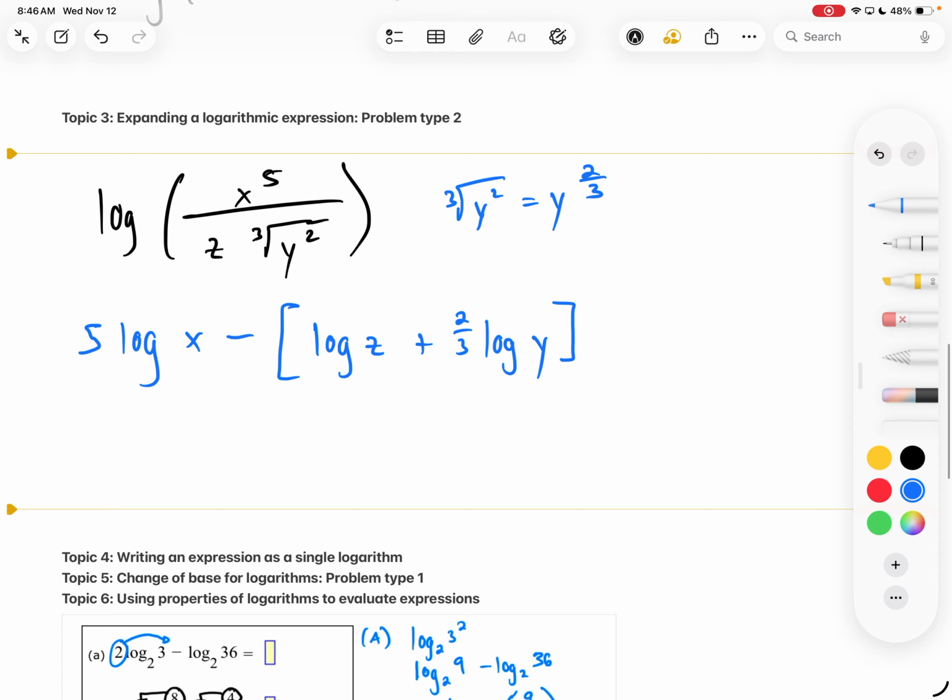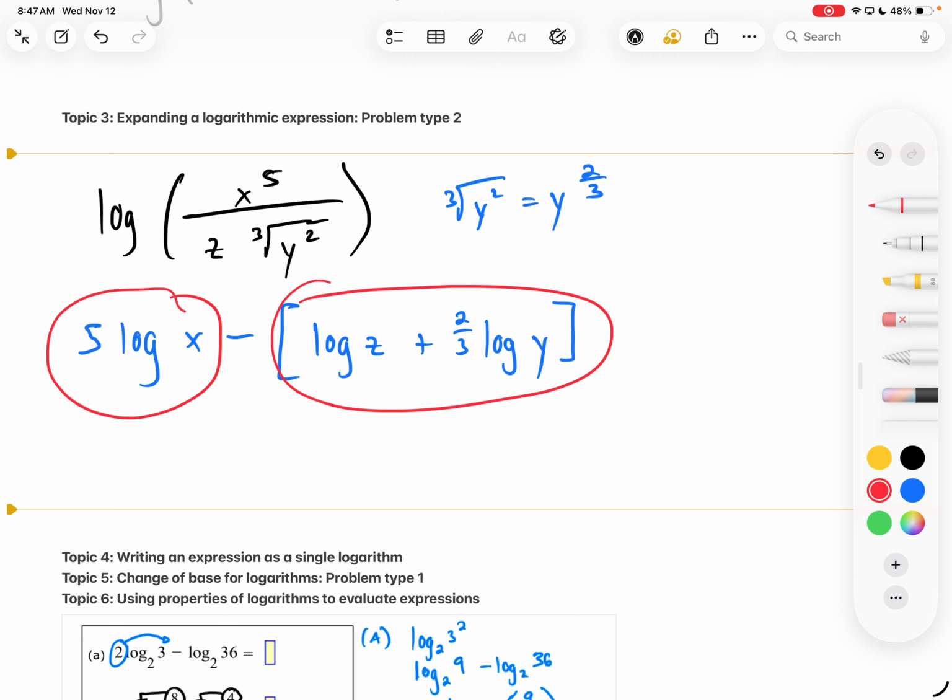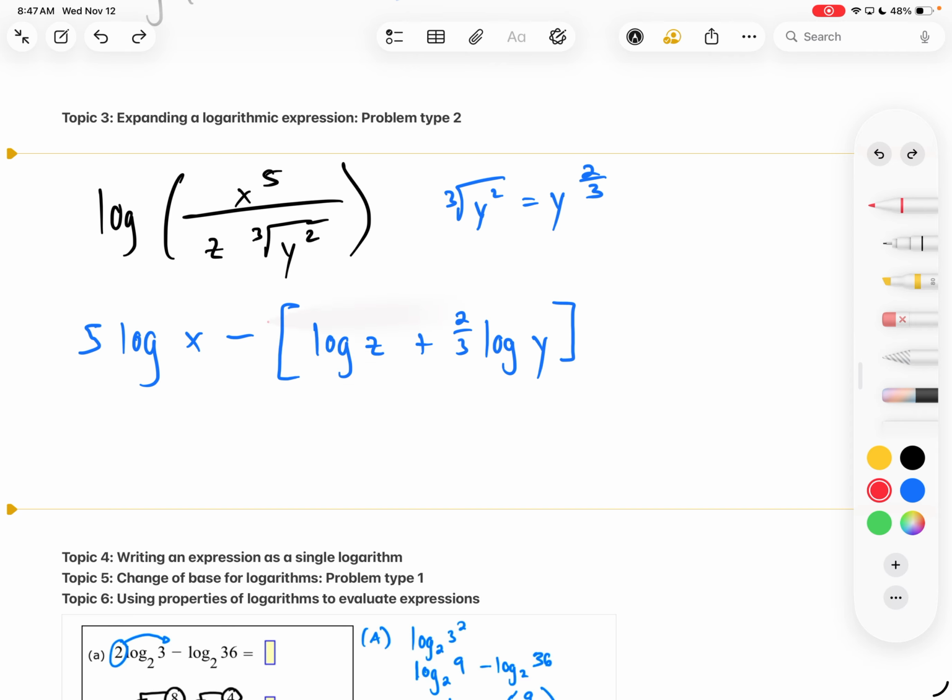Okay. So this looks right? This looks good because I got my numerator, log x to the 5th, or 5 times log x. On the bottom, I have log z times 2/3 log y, which is y to the 2/3. So that looks good. Now, what you have to do here is make sure that you put the parentheses or the bracket or whatever around those two, because this is my numerator, and then you subtract and get your denominator. Okay? If you were working this out further, you would actually distribute a -1 through here,